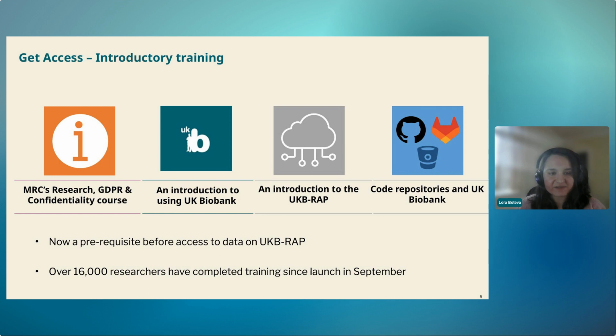So briefly, the courses include the MRC's research, GDPR and confidentiality course, an introduction to the UK Biobank data, an introduction to the RAP specifically, and also an introduction to using version control and code repositories within the UK Biobank. Again, encouraging researchers to use code in a controlled, reproducible,